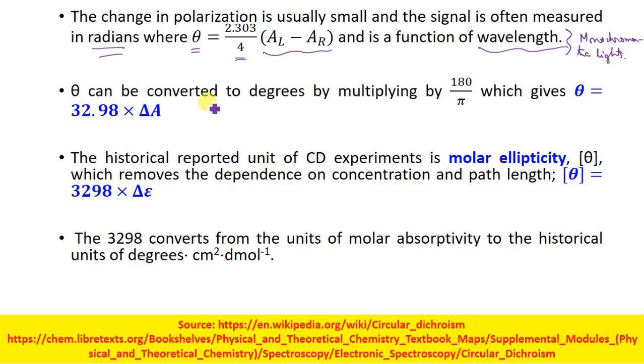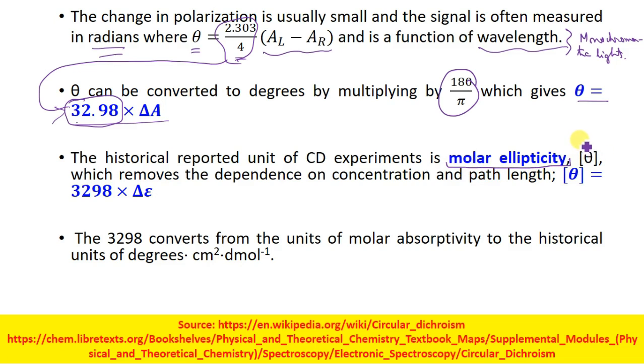Theta can be converted to degrees by multiplying by 180 by pi, which gives theta is equal to 3.298 multiplied by delta A. So if you see, they are all being converted, and the constant which comes out to be is 32.98. The historical reported unit of CD experiment is molar ellipticity, and it is given by this,